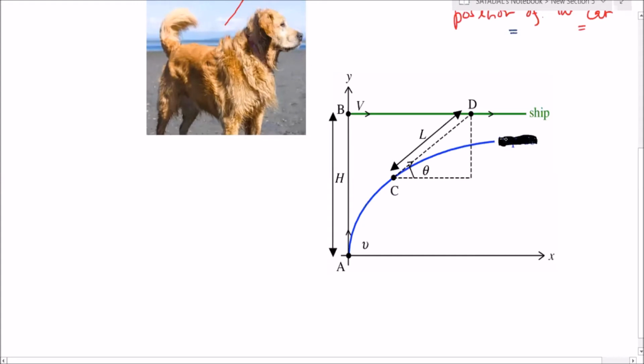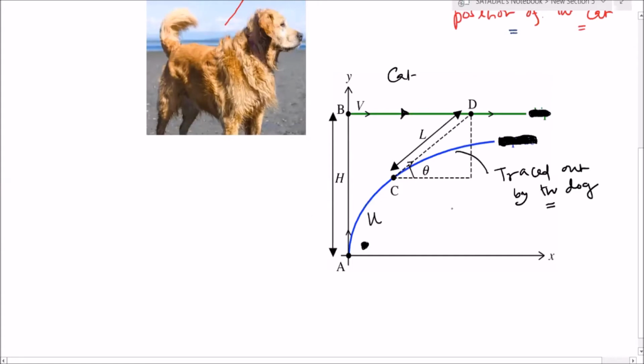Let's blacken this factor also. So now everything is same. This is V, this is U. I've taken this factor as U, right? This is the initial separation. This is the direction in which the cat is running, and this is the path traced out by the dog. Okay, and this is instantaneous being shown.